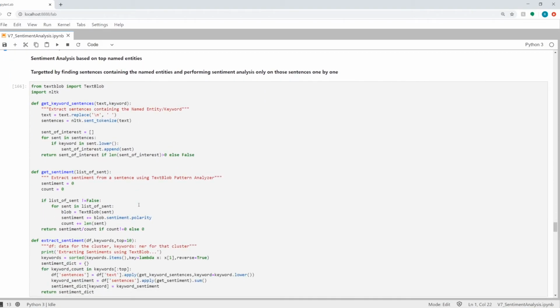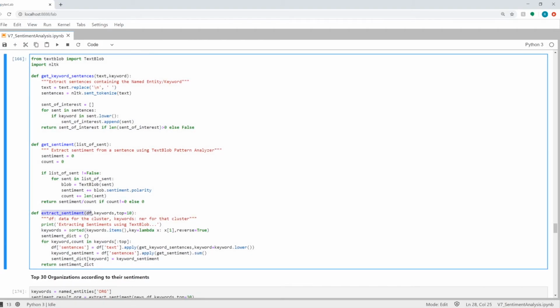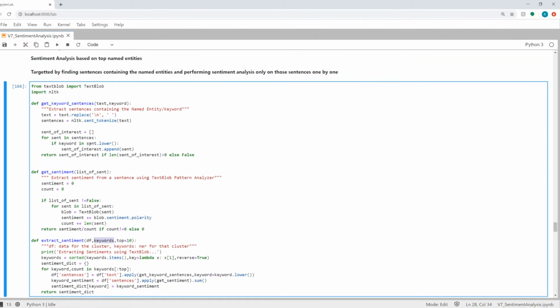Here I have these three functions, which extract the sentiment from the text that I pass in for each of the named entities. The keywords I'm passing here are the named entities, and this function here finds all the sentences which use those named entities and returns them to this function, which will actually calculate the sentiment using the TextBlob sentiment package, which is the default pattern analyzer.